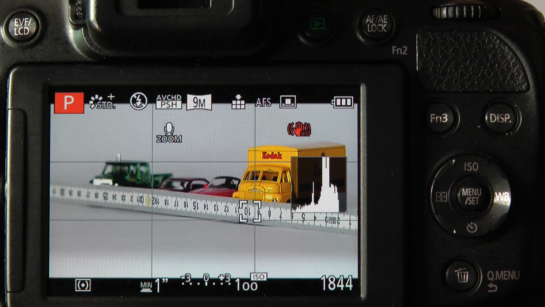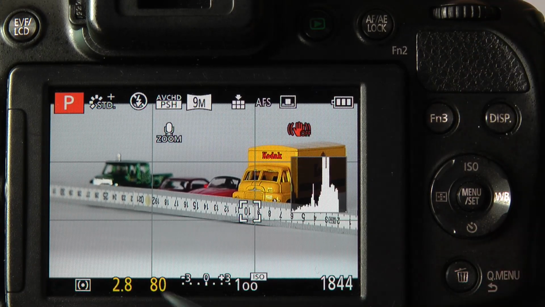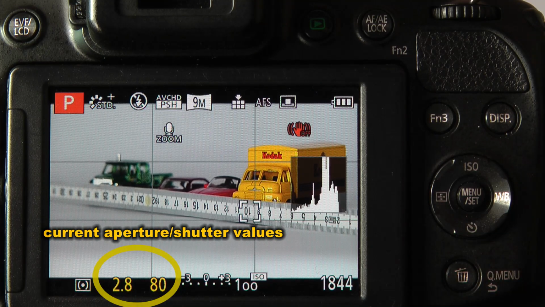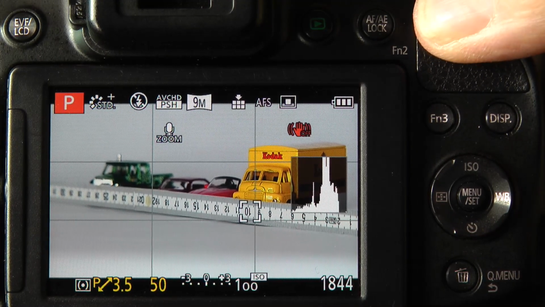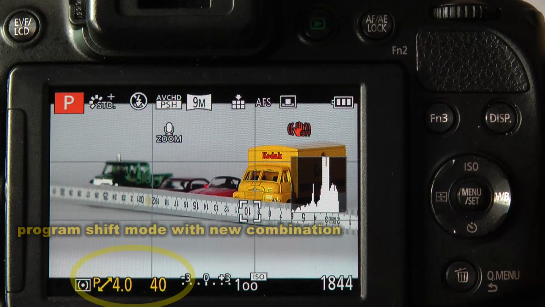The method I'm going to use to change the aperture is called Program Shift, and it's this feature within the P menu, so that the camera will maintain the correct exposure if you change the aperture and shutter combination. If I press the shutter button, the camera gives me the exposure and it turns yellow, which means I've now got control of the aperture shutter combination. And if I use the top control dial while it's still active, I change to the program shift mode, and that's indicated by the P and the double-headed arrow.